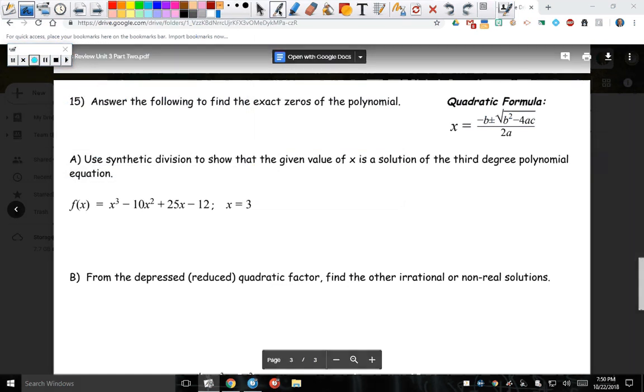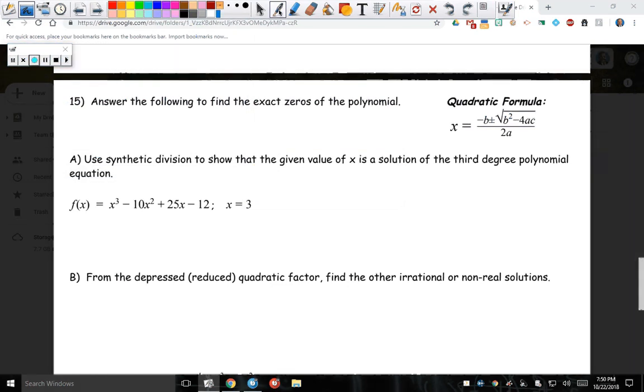Okay, so number 15 says, answer the following to find the exact zeros for the polynomial. We might use a quadratic here, we shall see. But what I want to do first is, part A, show that the synthetic division is going to basically factor this out. And we're going to use, okay, x is the solution of the third degree polynomial. We're saying x equals 3 is one of the solutions. Otherwise, one of the answers,